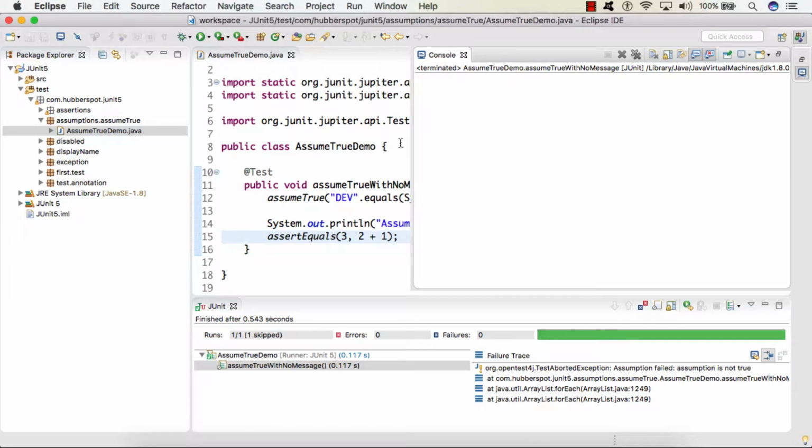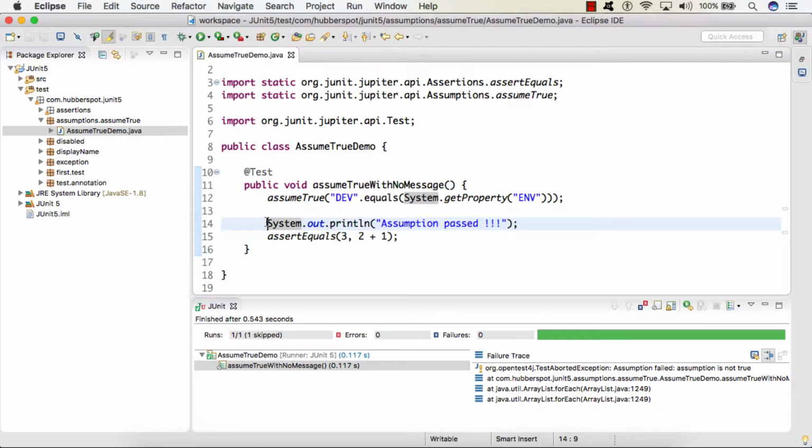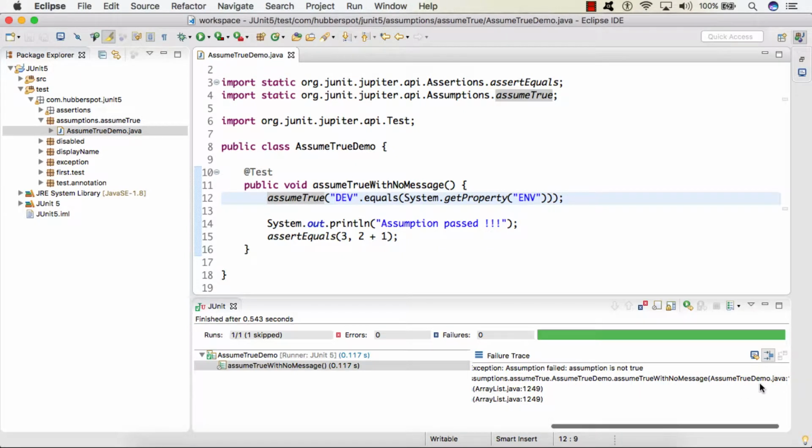So here if I show you the console, you can see that our system.out.println as assumption passed didn't get executed, because our test case got aborted at this line only. So here you can see that at line number 12, which is this line, it threw test aborted exception saying that assumption is not true.